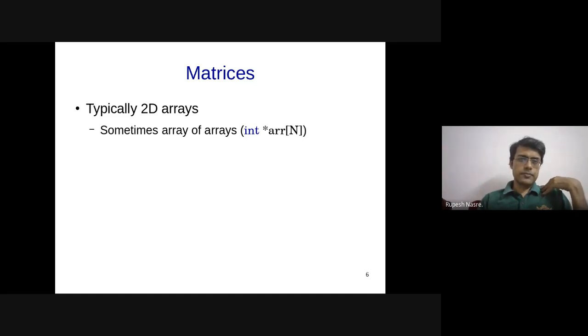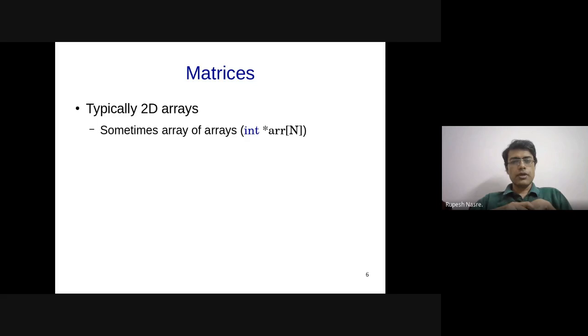Now, a similar question can also be asked in the context of matrices. How will you ask that question? Well, you are given a matrix, a 2D array, which is sorted from left to right and top to bottom, which means that if you take any row, it is sorted in ascending order, let's say, and any column is also sorted. Now, given this, can you perform the search in an optimal way even inside this array?